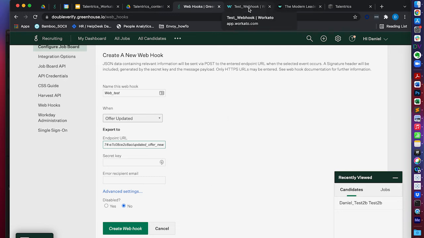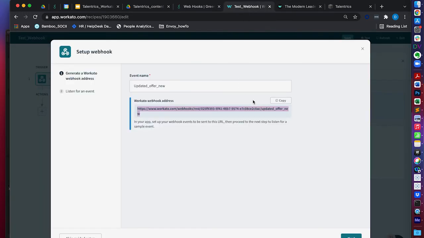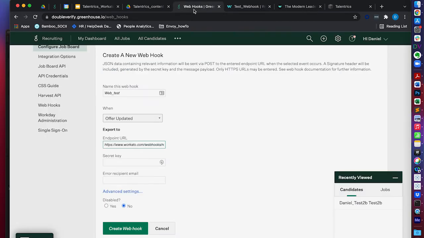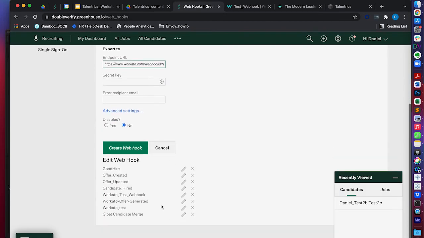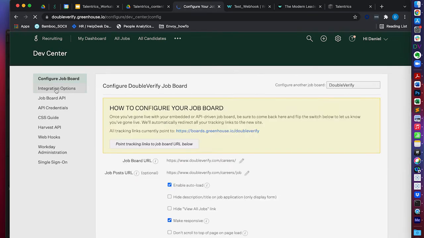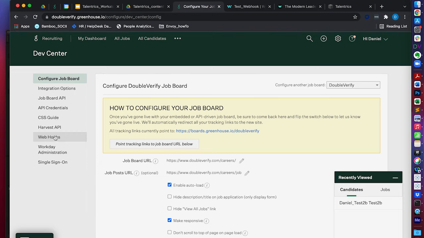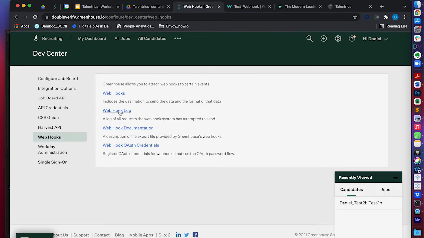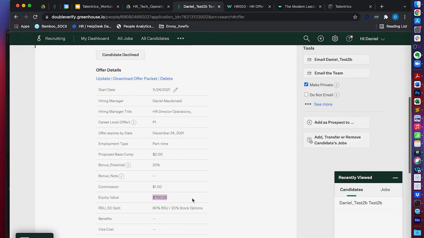And so, for instance, I'm going to use a different webhook for my examples, but in this case, it would create this new webhook, and I would have given it permission to see certain things. You can see that we've created other webhooks. And then over in the webhook library, I would actually be able to see all the different webhooks that are happening at different times across Greenhouse. And so we're going to take all of these things,